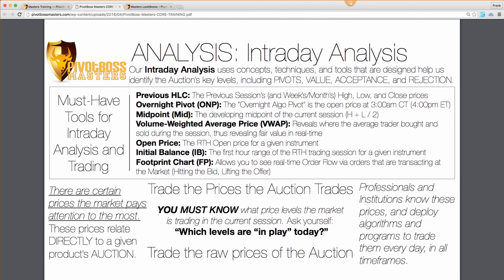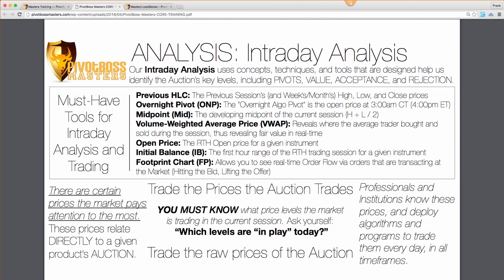So if the market goes immediately bid at the open, it tells you that bulls are attempting to take control right away of the session and its prices. And so you start to see how prices are then defended and counter rotations, and how things play off of the open once you see it start to play out.